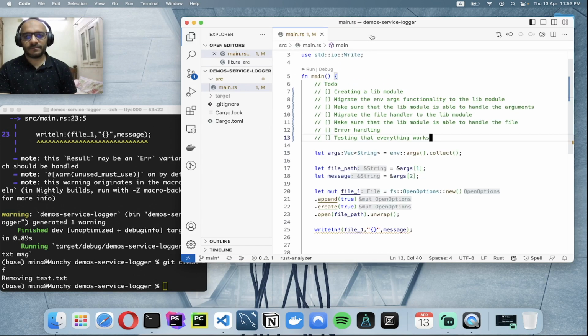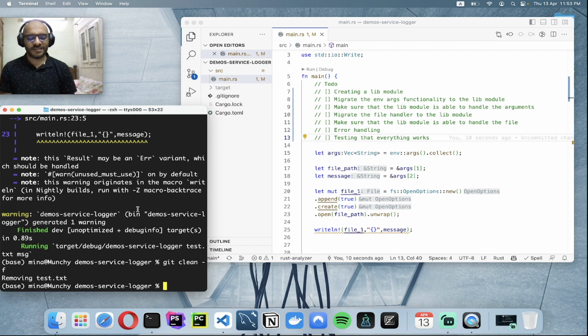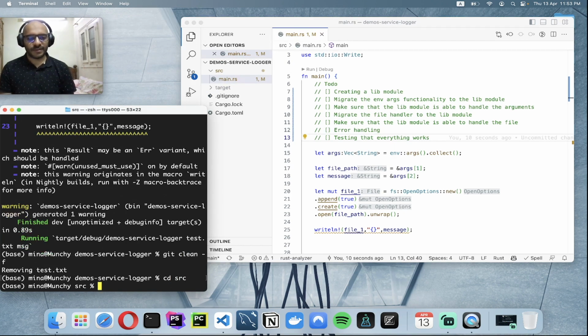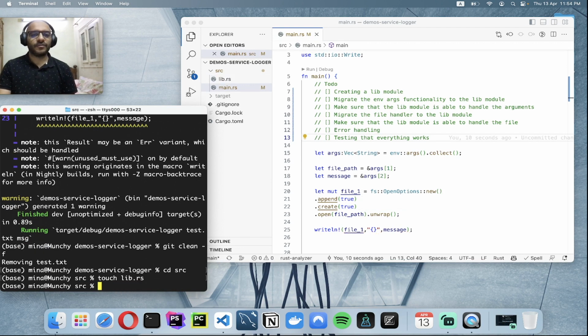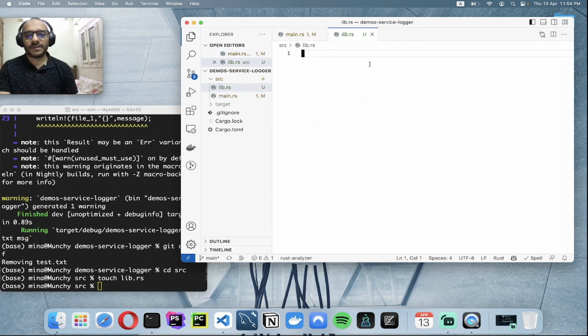Okay, that's from me trying to test. So I'll go to the source and then I just create a live module. It will be live.rs, and then I'll go to this live.rs, and I put the arguments within a struct, and I call this struct config. So far I'm good with this naming convention and this structure, so I'll just do it here one more time. I'll just go pub struct and we'll call it Config,